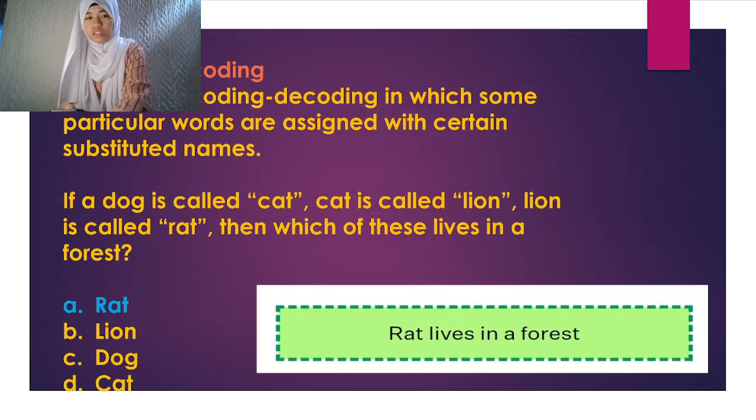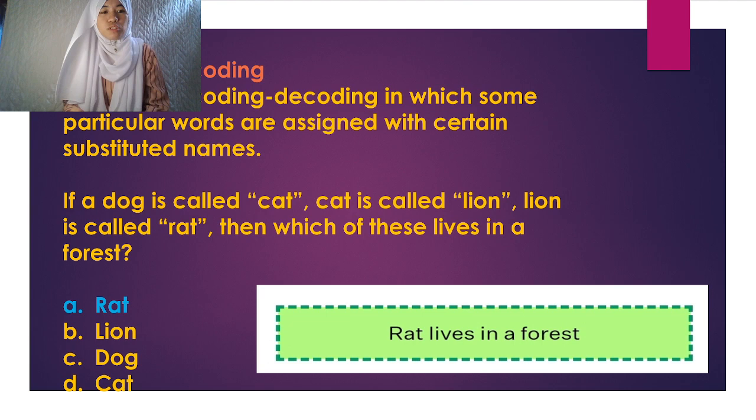So third, in the third type of coding decoding, we have the substitution coding. So what is substitution coding? Substitution coding decoding is one in which some particular words are assigned certain substitute names. So an example for substitution coding decoding: